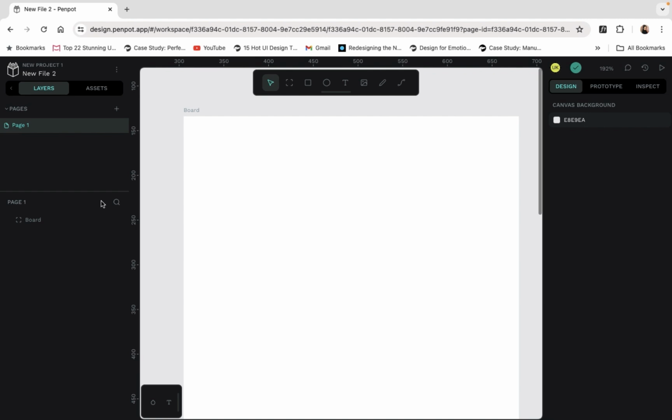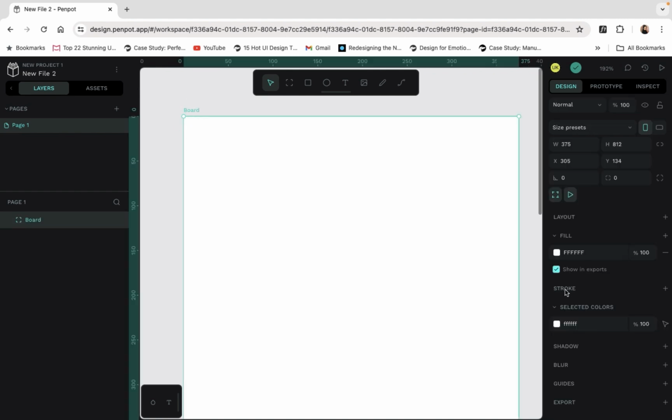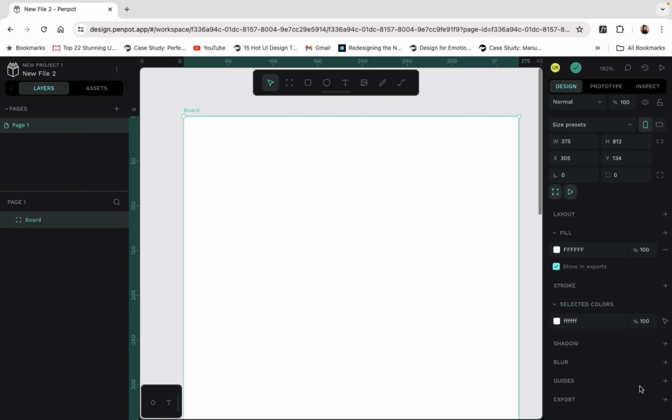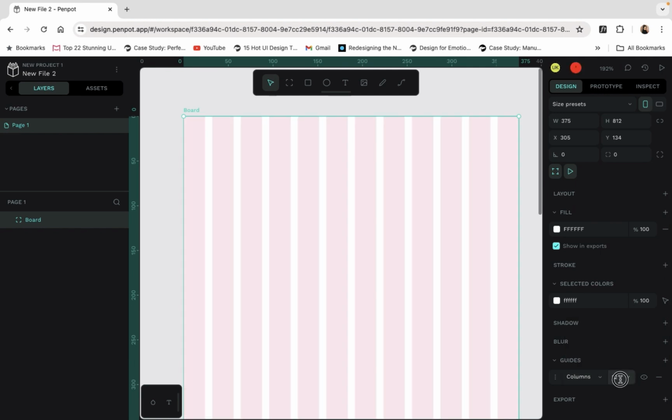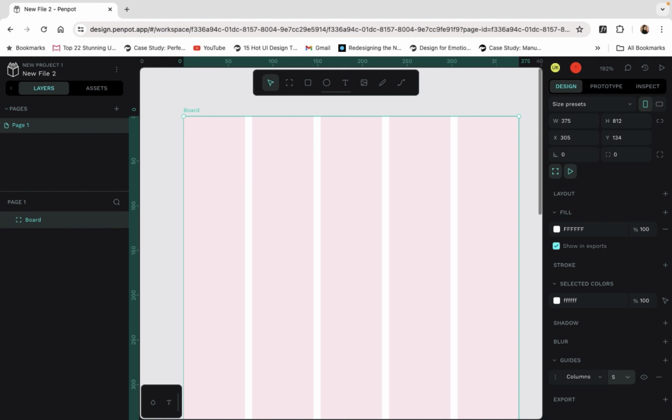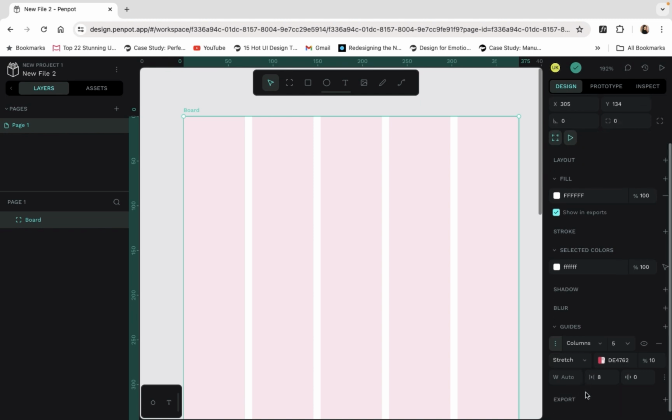So now I'm going to select this board, then I will add the guides as columns. I will add 5 columns here, which I normally do for any iOS device. Then you can change the margins and gutter as well.